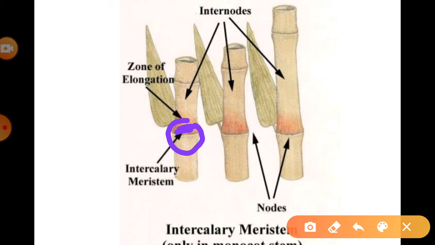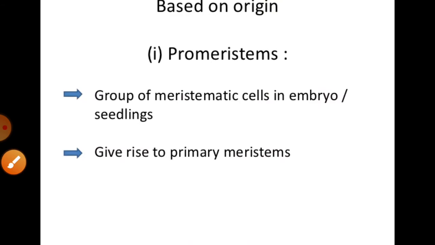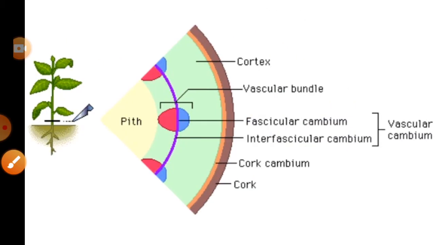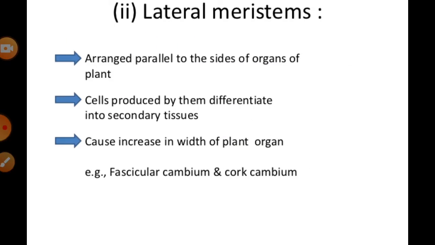And we can also say that at the base of the leaf they can also be found, as in Pinus. Let's move on to the other, that is the lateral meristem, right? If we talk about lateral meristem, we say this tissue occurs in the mature regions of the roots and shoots of many plants. Means it is always found in mature regions in different parts of the plant, even in the root or the shoot.